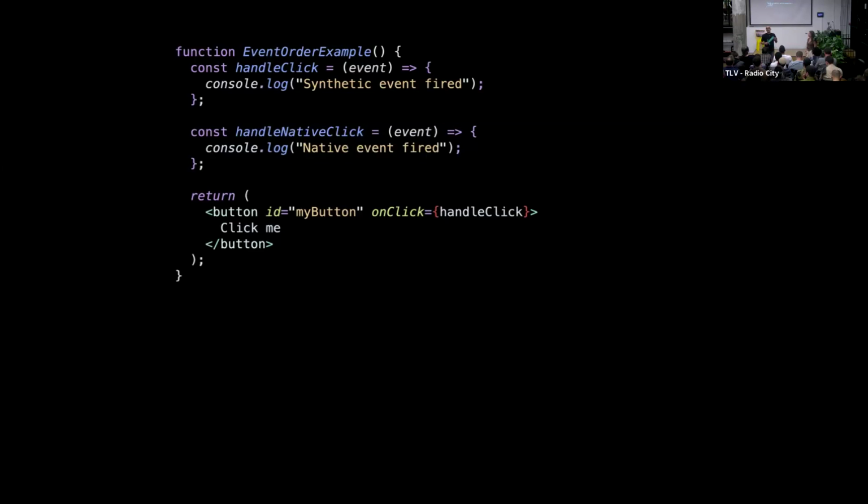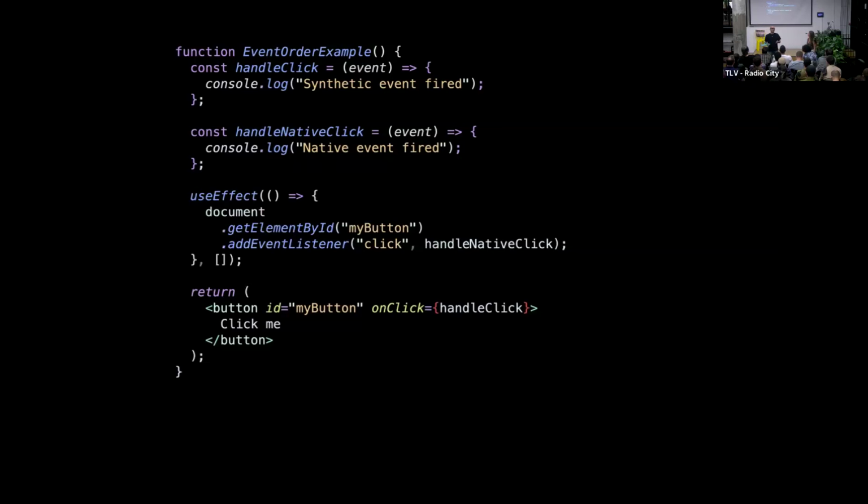But let's say we want a native event. What would we have to do? We'd also have to define a function, right? We can define a handleNativeClick event that receives the event as an argument, and we'll just console log something. But if we want to attach a native event in React, we have to do it in a useEffect. We need to find the element that we're looking for and attach the event listener with addEventListener. Also, you probably want to clean up your useEffect function by removing the event listener, but I didn't put it here just so it can be a little shorter. Okay. Now that we have both events,